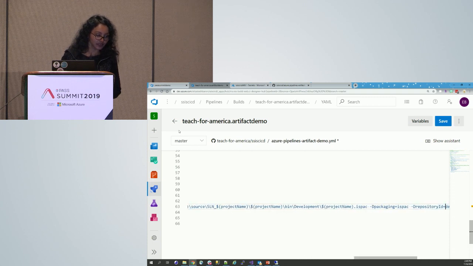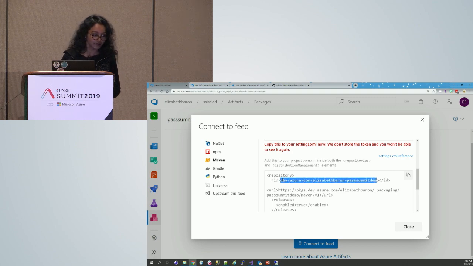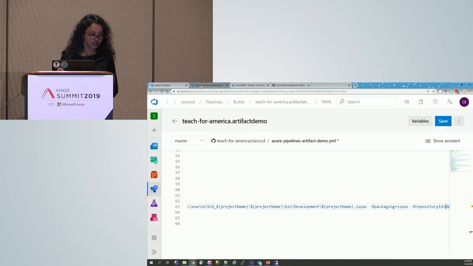Okay, I'm here at the repository ID. Let me go get the correct repository ID for the new feed I just set up. Where is the repository ID? Right here. Copy this whole thing. Go back to this.